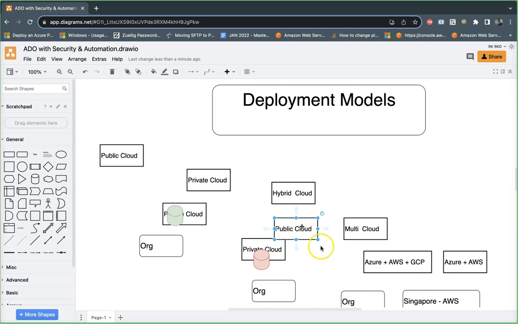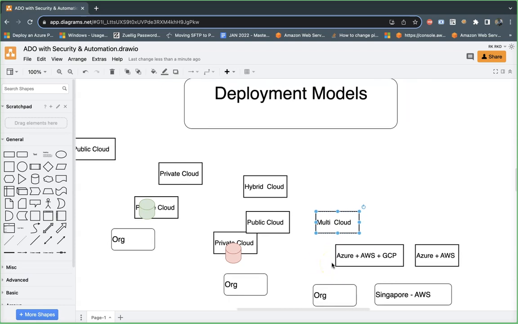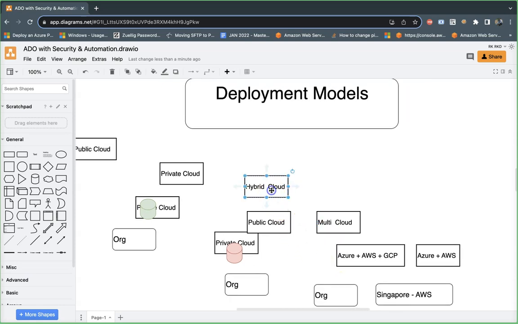Okay. Then what about the multi-cloud? Why do we need to understand about multi-cloud? You may think one thing, team. If you go for the hybrid cloud, the name itself is suggesting very clearly, it's a combination, public and private. But when you go for the multi-cloud, the name itself is telling us very clearly, multiple cloud environments. What exactly are those? Those could be Azure, AWS, GCP, or Azure plus AWS, or AWS plus GCP, or GCP plus Alibaba, can be anything, multiple clouds.